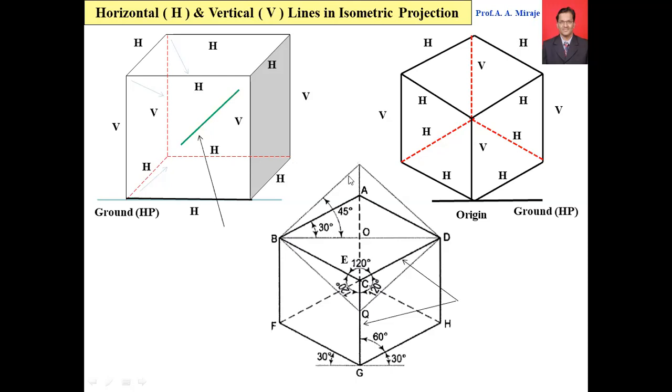Then you'll ask me, what is this line? So from this B point, draw a line at angle 45 with respect to this. So this angle is 45. Similarly, draw this line also at 45. Then this particular angle is 90. If you see here, this angle is 90. In the actual case, in the cube, all these angles are 90. So that's why I consider this short line at an angle 45, another construction line at angle 45,